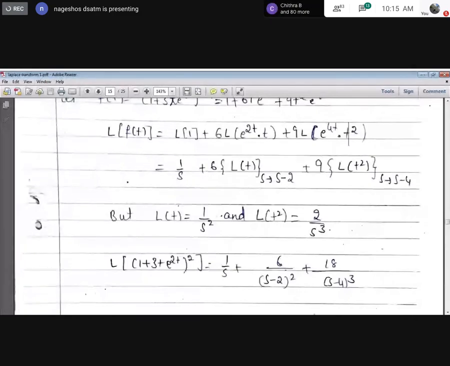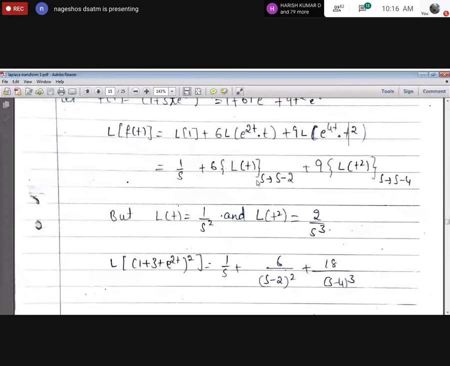Laplace transform of t power n is n factorial divided by s power n plus 1. Again, Laplace transform of t power 2 is 2 factorial divided by s power 2 plus 1. So, Laplace transform of 1 is 1 by s. Laplace transform of t is 1 by s square,